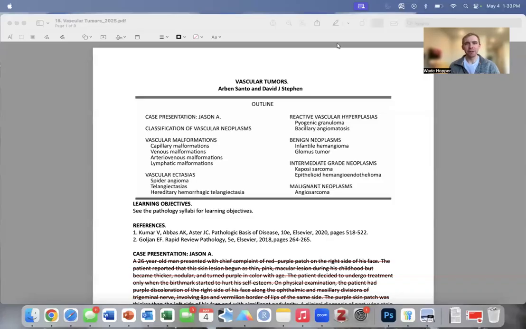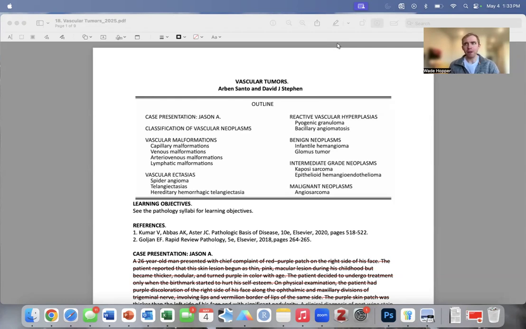Let's talk about vascular tumors. Overall, these are not very common, but the common ones are pretty common, and the rare ones are very rare. I've seen a lot of telangiectasias. You see those just about every day in practice, but I've never seen a Kaposi sarcoma, for example, or a